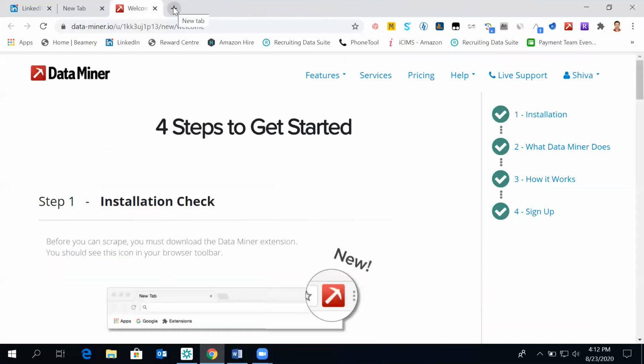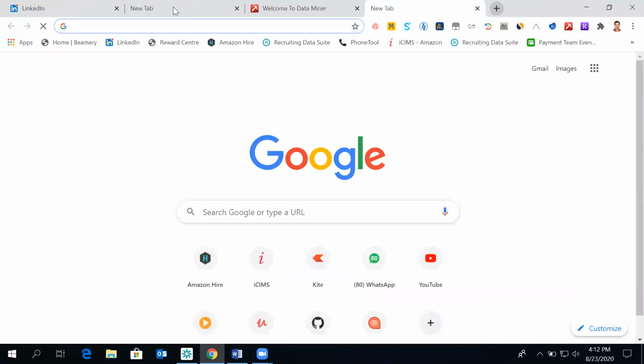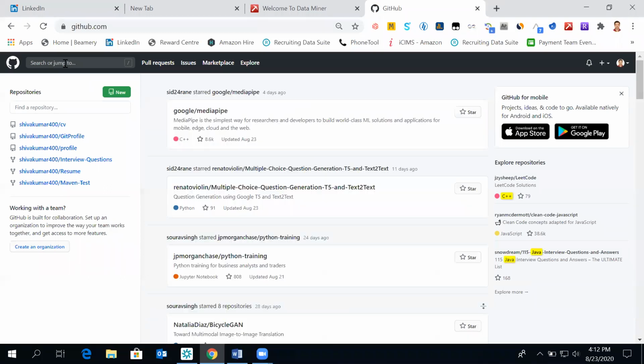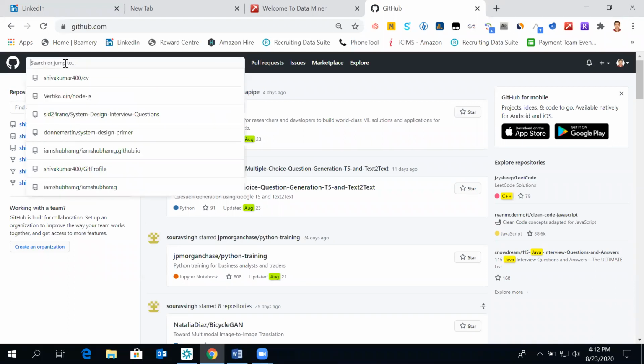So now to get started, let's suppose we'll create a GitHub recipe. As we have covered in our earlier sessions about GitHub direct sourcing and indirect sourcing, and again Stack Overflow or otherwise various X-ray searches, now we'll be covering how to scrape that particular data into an Excel in a consolidated format and use that Excel in further ways.